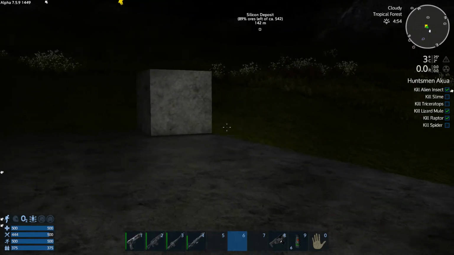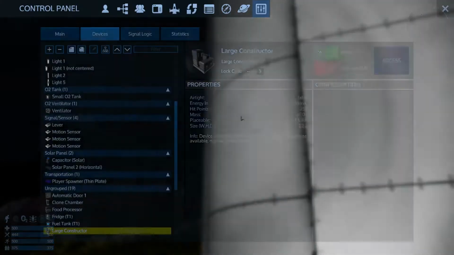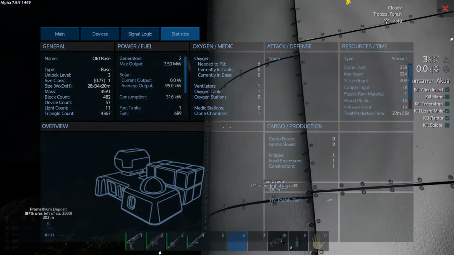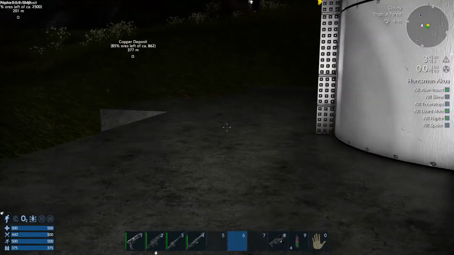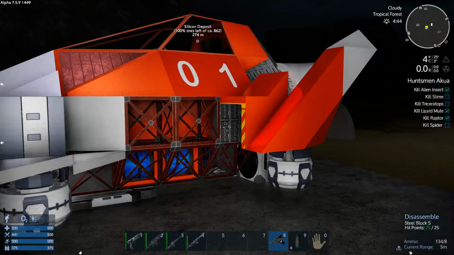As I say, I do want to get the power up as much as possible. Just have a quick look at the statistics. It says average output 95, consumption 316 kilowatts. That's probably got more to do with the fact that I'm currently creating stuff now. While that's going on, I want to do a little bit of work on my